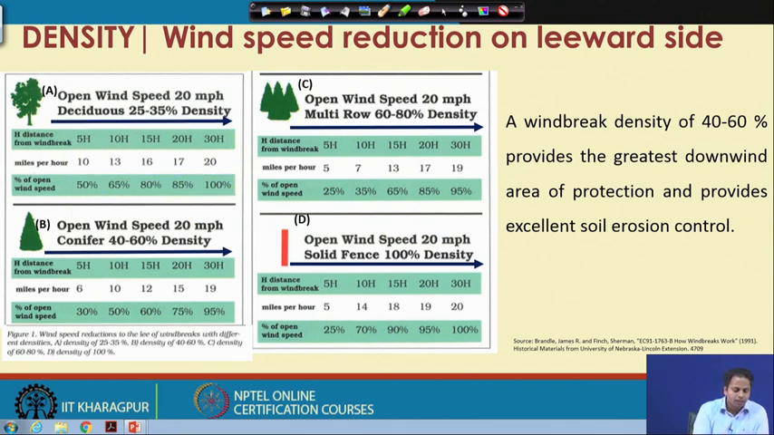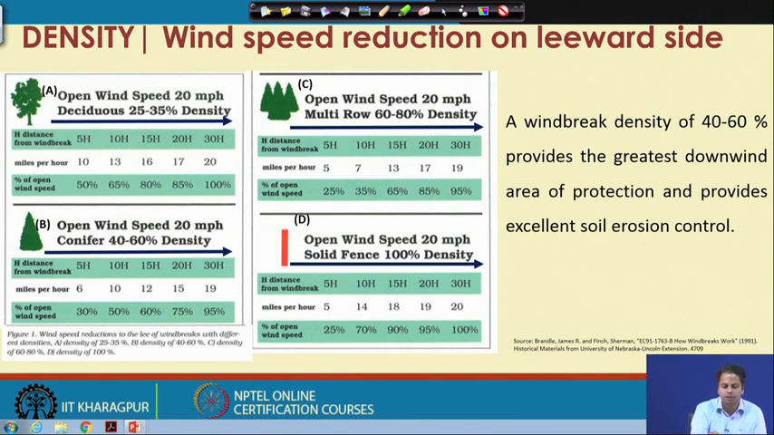Similarly, in case B, the density is 40 to 60%. In that case, for a distance of 5 H, you can see there is 70% reduction, whereas at a distance of 20 H there is a 25% reduction, which is much higher than this lower density windbreak. And over a distance of 30 H we can also have some 5% reduction in wind speed,